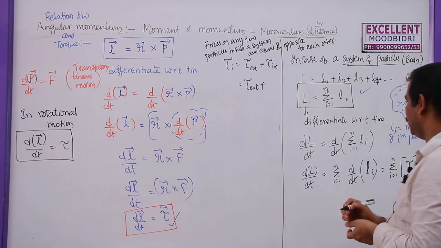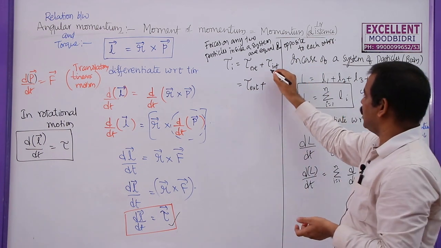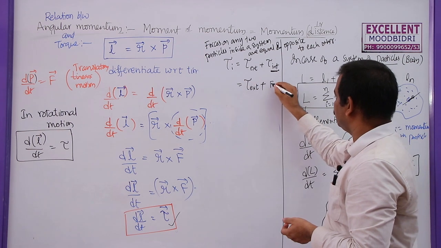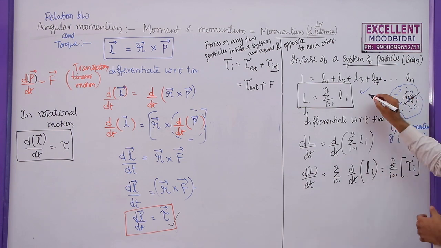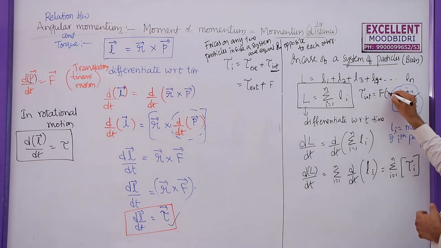So, due to this, while calculating the internal torque, the force on any one particle, let us say this is exerting some force on this one, at the same time this particle exerts some force on this one, and the distance between these two is r, and this position vector is also acting in the same direction or maybe in the opposite direction. So, what is the torque due to internal forces? Torque due to internal forces is given by force times distance times sin theta.